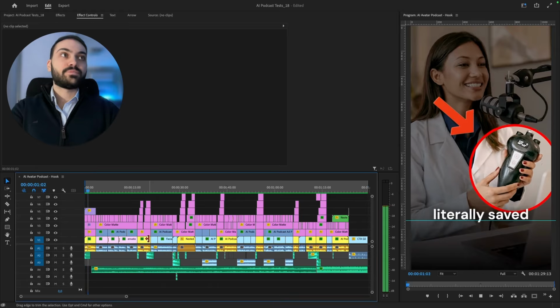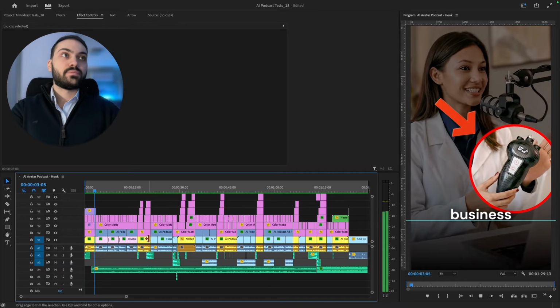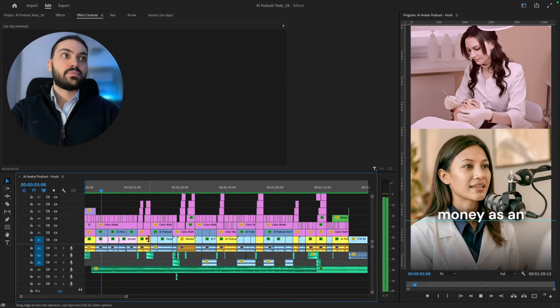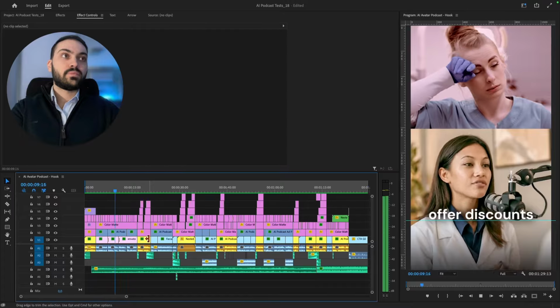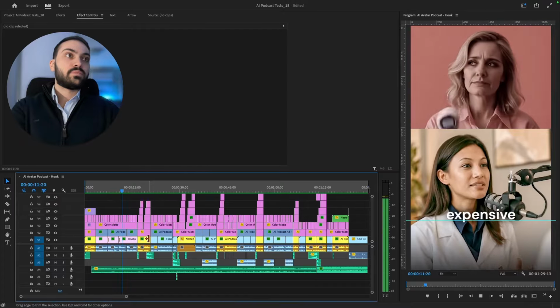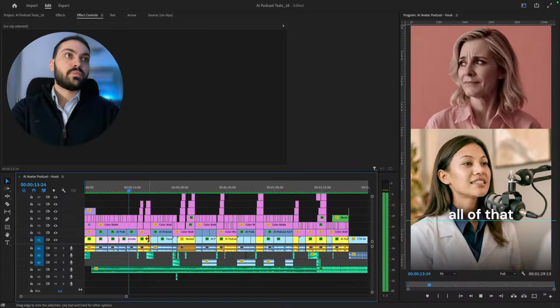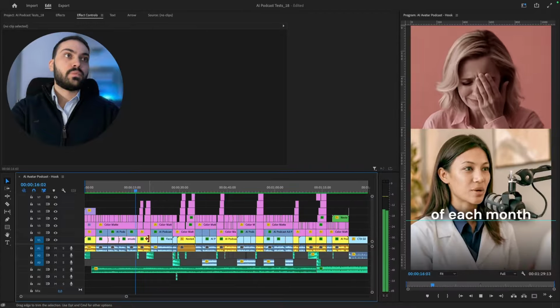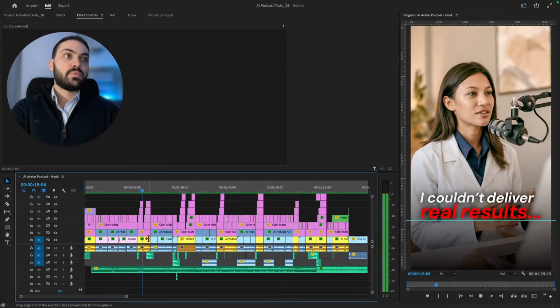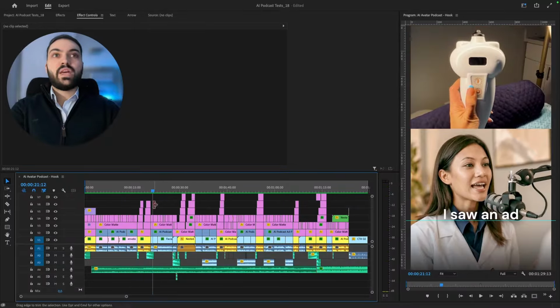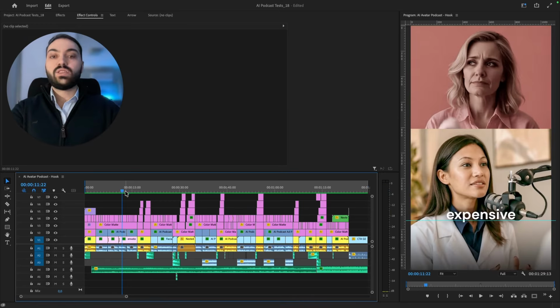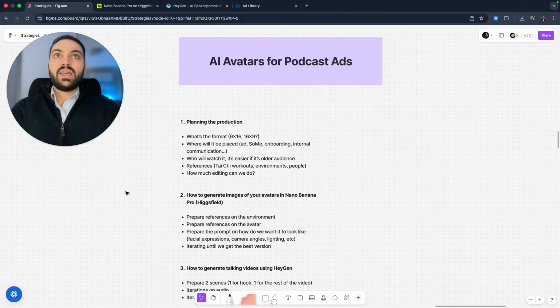This device literally saved my med spa business. I used to think that making money as an esthetician is hard, that you need to overwork yourself, offer discounts, pay for the expensive machines. All of that to barely break even at the end of each month. I couldn't deliver real results, and it was hard to get recurring customers. I saw an